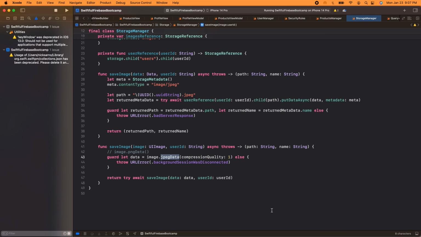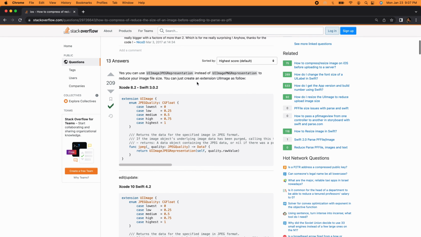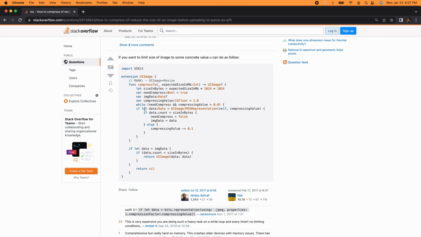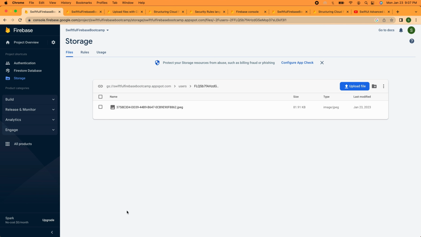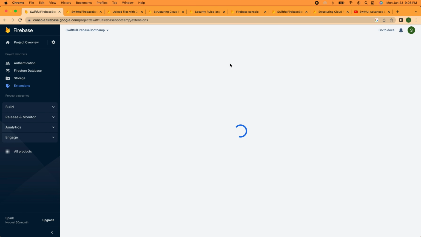Now, we are not going to do this in this video. If you Google image compression on Swift, I just did it real quick, there are Stack Overflow posts on how to do it. It looks like this person's doing a while loop and trying to loop around while it is decompressing. We're not going to do that in this video, but I'm going to point out, and I would probably recommend, that Firebase actually has extensions. These are kind of like add-ons to the core products of Firebase. And one of those extensions is,